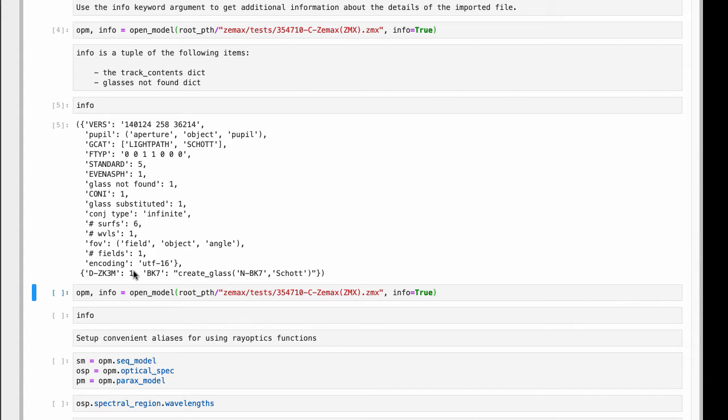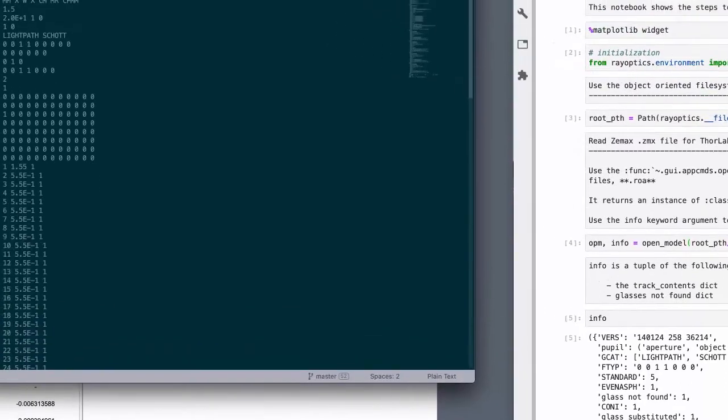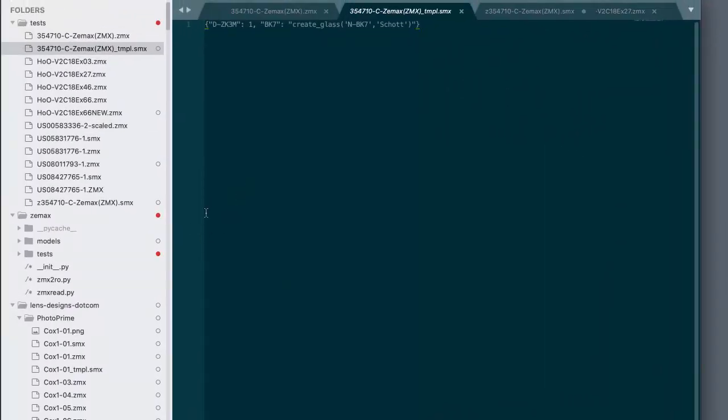The Zemax import process wrote a file into the directory containing the Zemax file, based on the same file name plus a template with an SMX extender. And if we look at this file, we'll see that there are 2 materials defined there. One is a substitute material. We found that one of the glasses was named BK7, and that's not an exact match with the current Schott catalog. But there is a similar glass, NBK7, and what we did in the import process was substitute that glass for the BK7 glass. But there's another glass here that isn't in any of our catalogs, and it is apparently